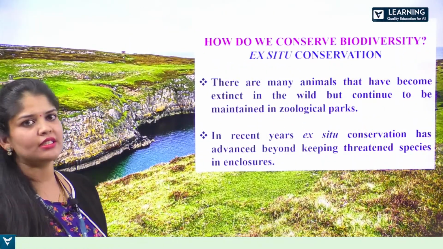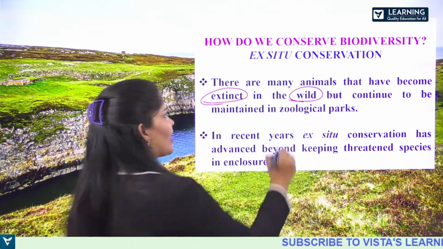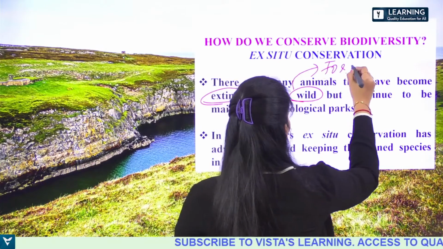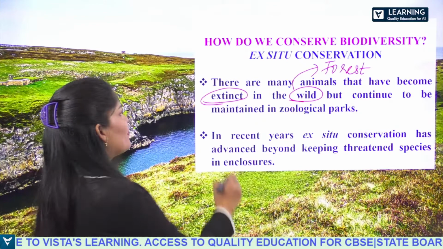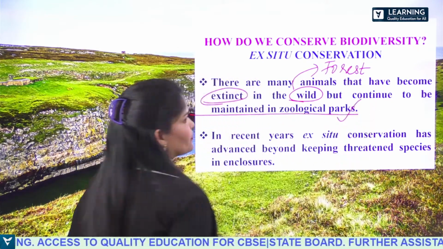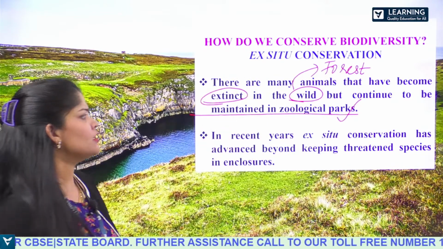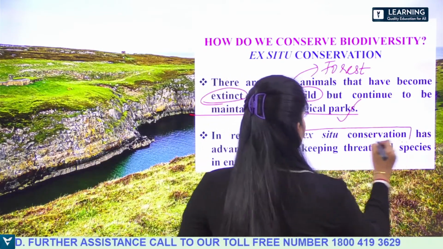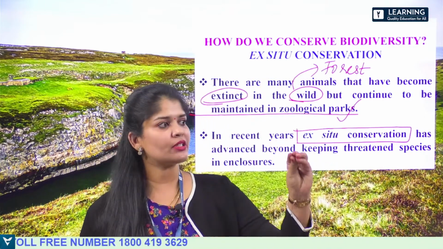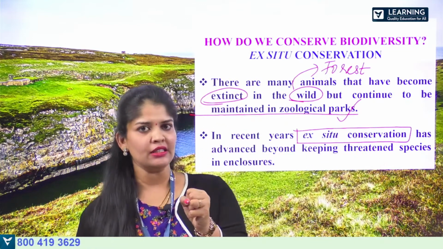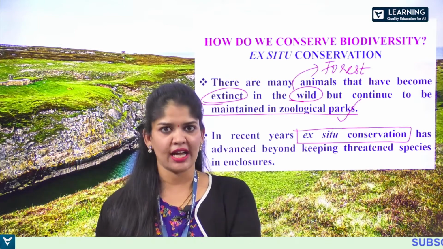There are many animals that have become extinct in the wild, that means in the forest. In the forest, we can't see these plant and animal varieties, but they continue to be maintained in zoological parks. In recent years, this all comes under ex situ conservation. Ex situ conservation is where we take a particular plant or animal from its natural habitat and transfer it to another habitat which is taken care of by humankind,